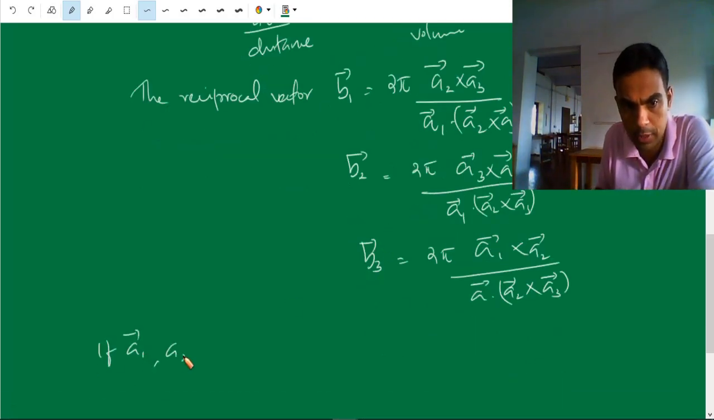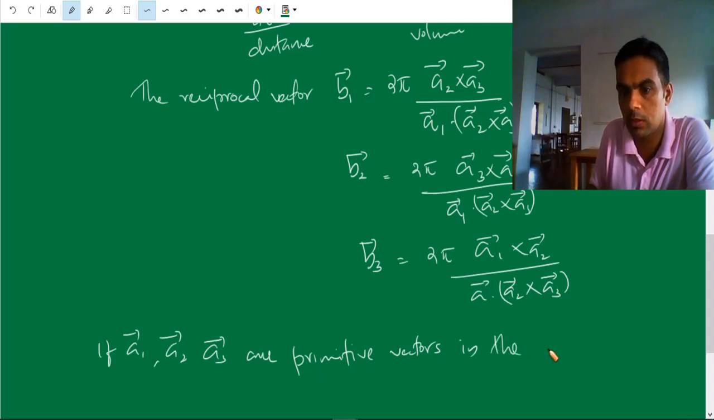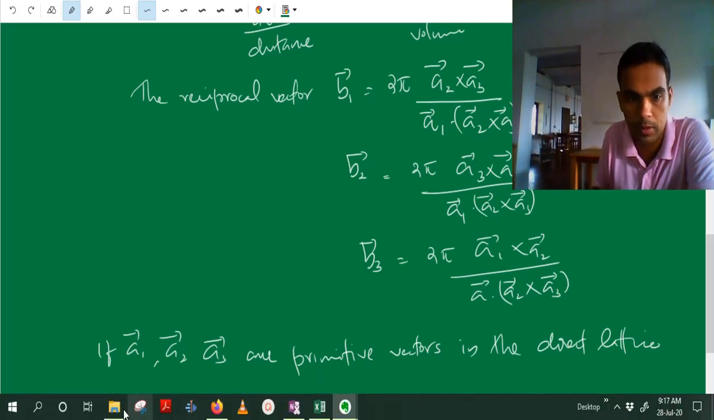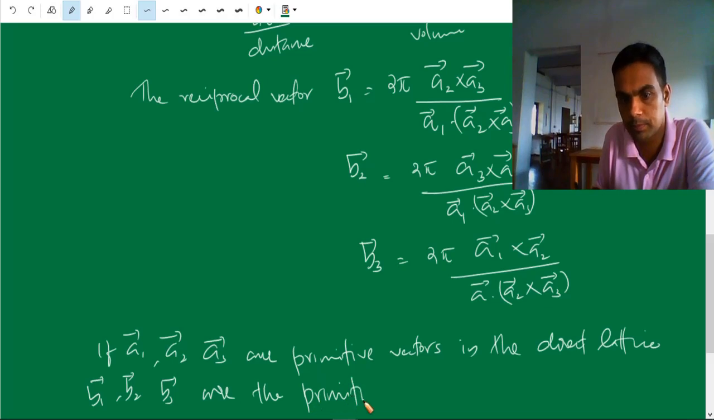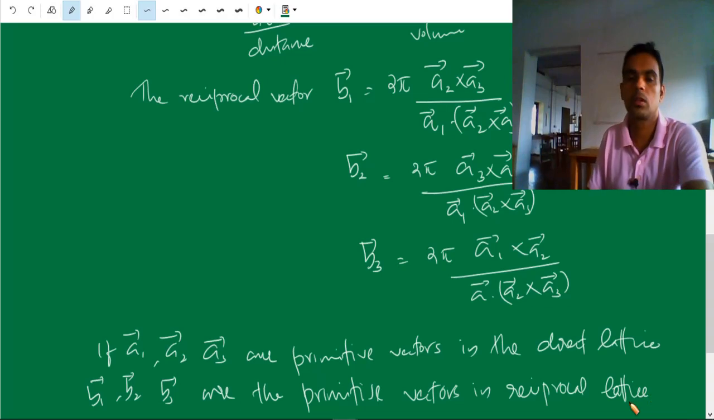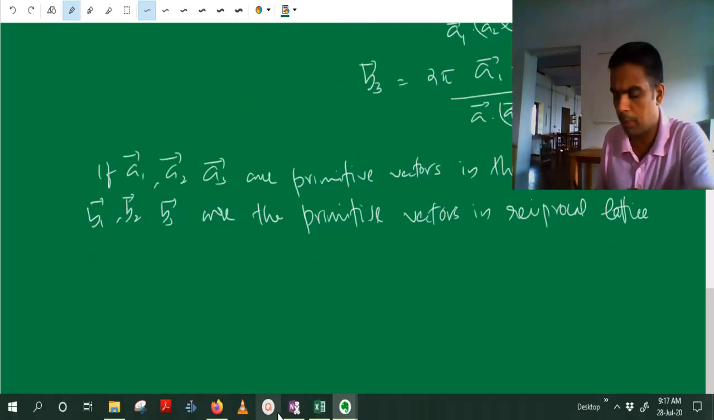If A1, A2, A3 are primitive vectors in the direct lattice, then B1, B2, B3 vectors are the primitive vectors in reciprocal lattice. So we can see a property. What is